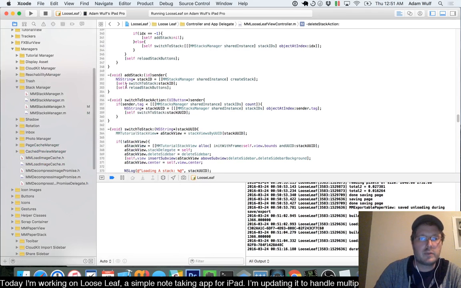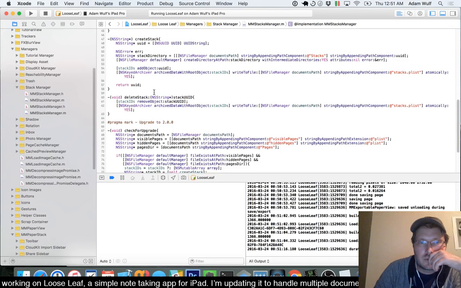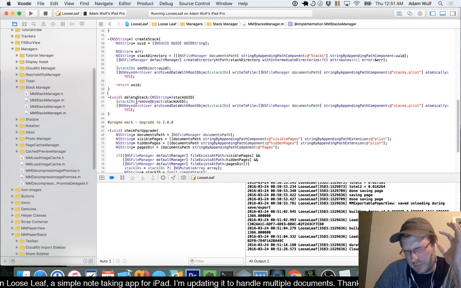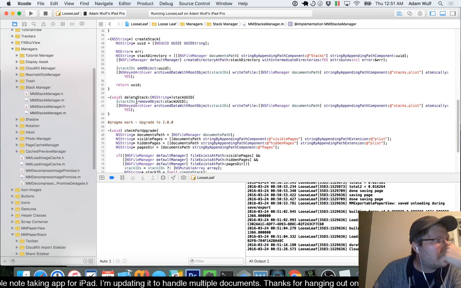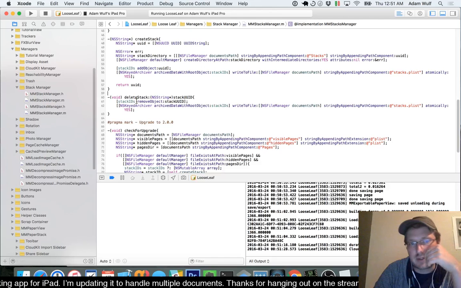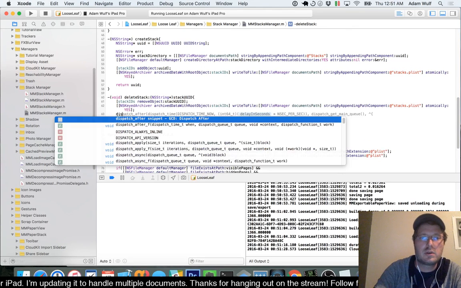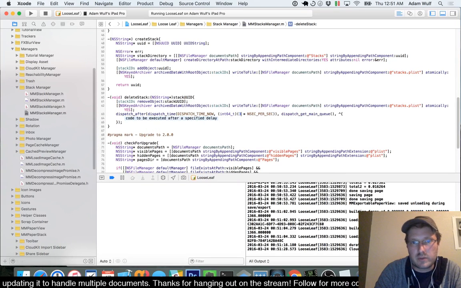So now I need to delete them off the disk, and that's going to be this guy's job. It's possible that there's going to be background jobs running on a stack, so that it might run and delete. It might be running to do a render or saving something out to disk, saving something out to cache, something like that. So right after we delete, we're going to dispatch after, say, 3 seconds should be